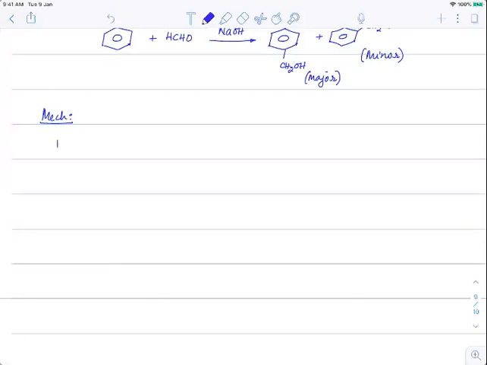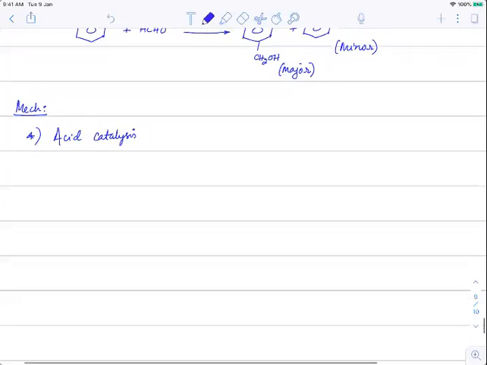The mechanism can be driven by both acid catalysis and base catalysis. So first I'll take acid catalysis. Okay, so if this reaction is happening in acid, how does this happen? Normally base के साथ ही करते हैं, but acid के साथ भी reaction होता है. So this H plus, if you see formaldehyde, because it is in acidic medium, it will accept that H plus on it. This is how it would be.